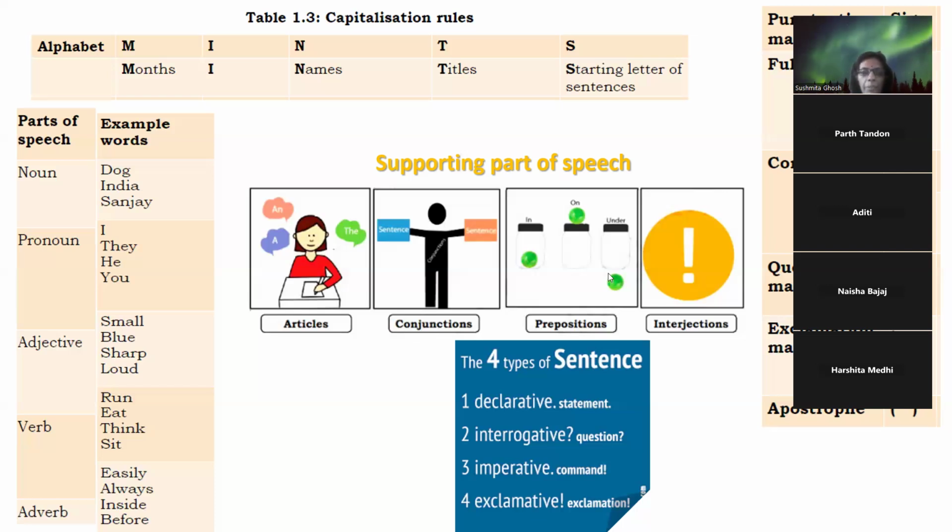Okay. Then we have the prepositions: in, on, under, and many more. And then we have the interjections. Hi, hello, hooray. इसको हम लोग exclamatory marks से work out करते हैं. ठीक है? Types of sentences, ये भी एग्जाम में पूछते हैं. Identifying the type of sentence from 4 options given. Or, I mean, the options are given, the types of sentence are the options, and the sentence is given to you as the question.